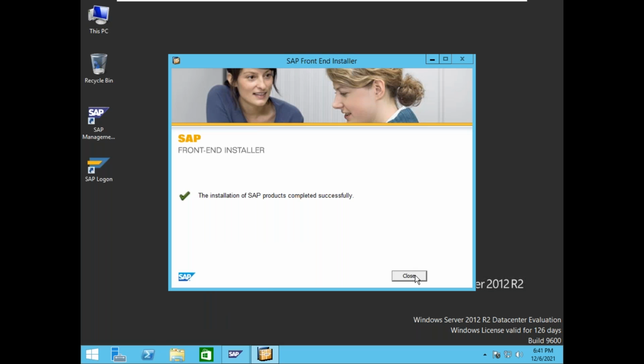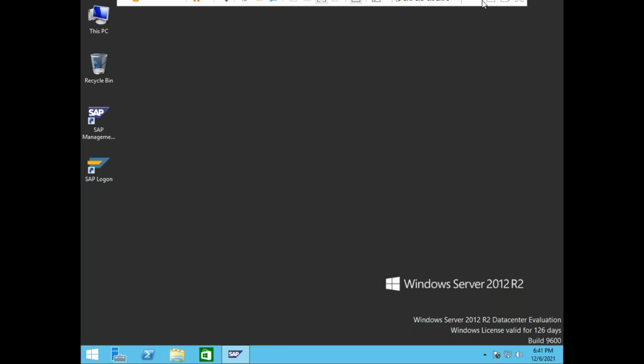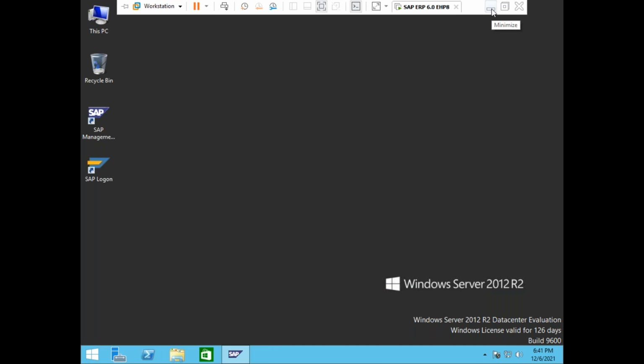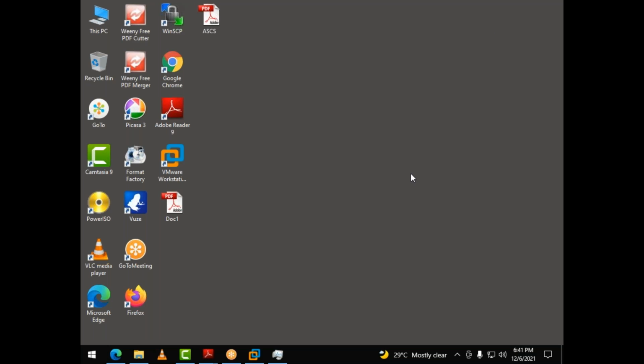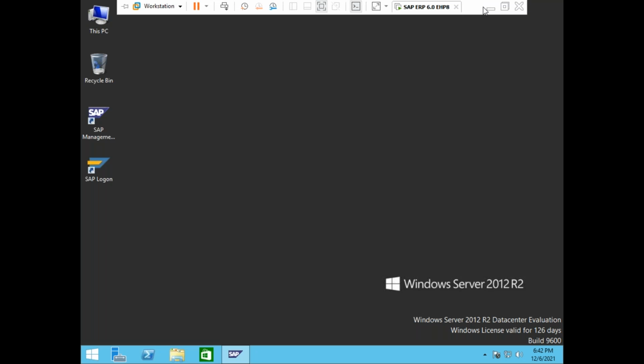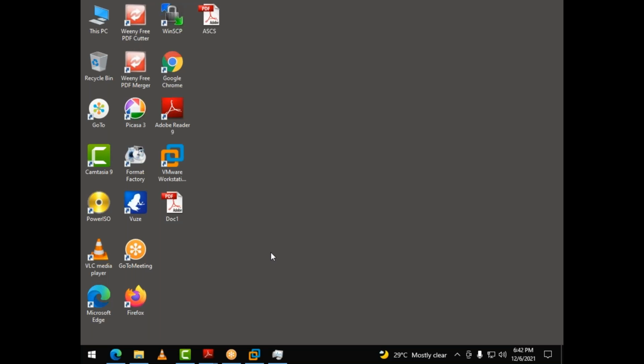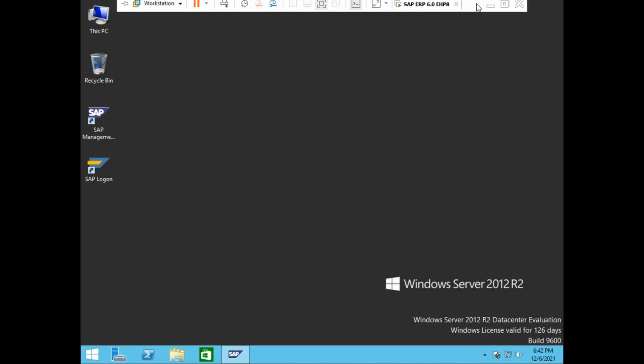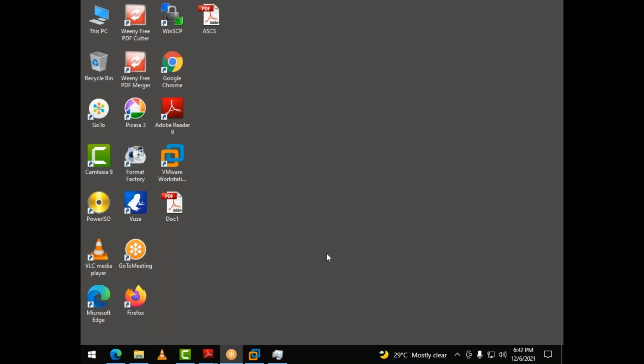You are asking about SAP GUI on your laptop connecting to the VMware virtual machine. On your Windows 10 operating system you have SAP GUI, and from there you connect to the VMware. On your laptop, VMware is also available. You connect from VMware here, or otherwise from here also. Got it? Okay. Fine.